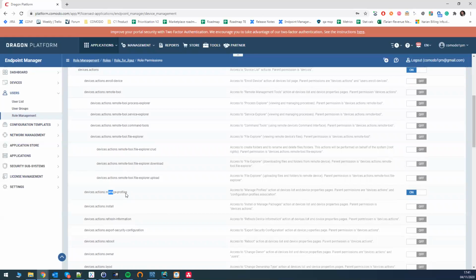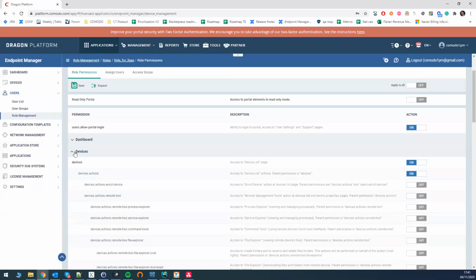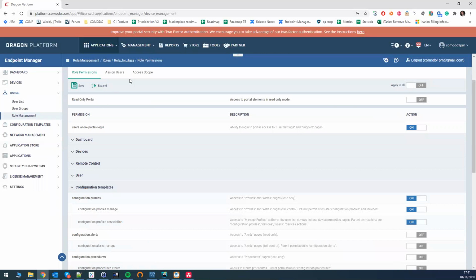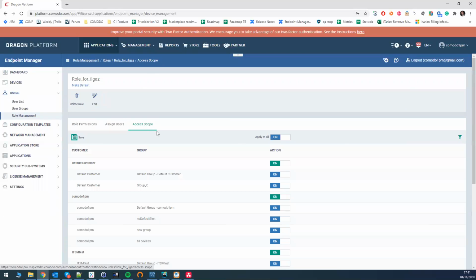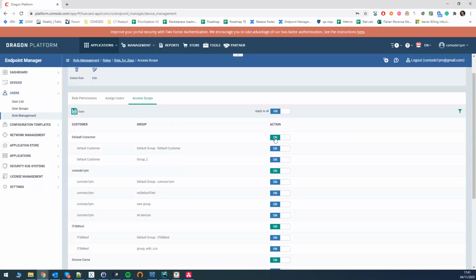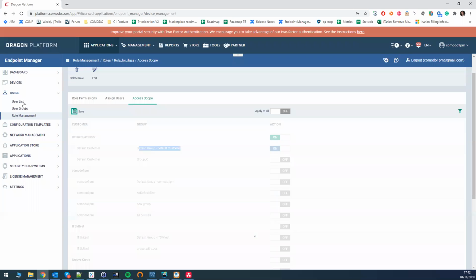Manage profiles is also on. On the access scope side, you can just remove customers so that this role won't be able to see that is associated with their own device. This will be able to see and take action on default customers and then you just go to user list,